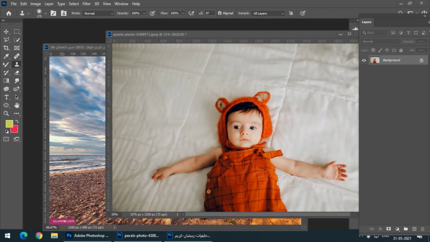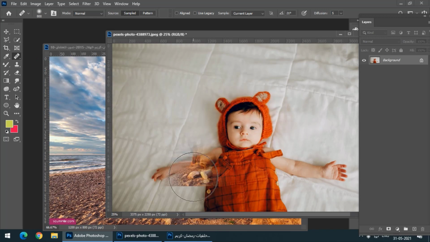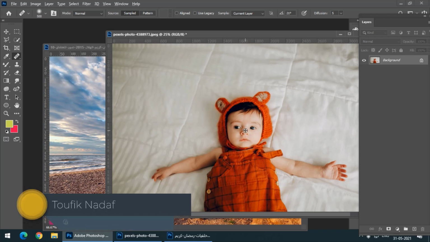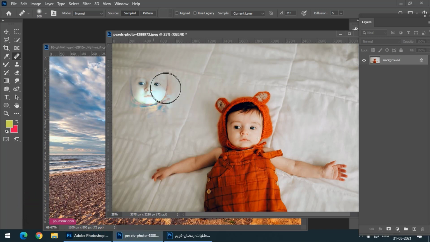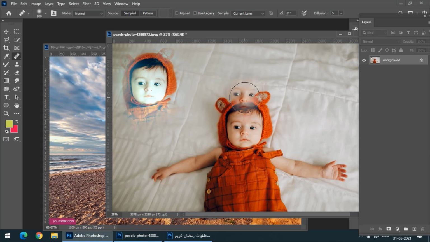So in this video we are going to see the clone stamp tool, which works pretty similar to the healing brush tool. Now if we see how the healing brush works, first we have to define a source. And how do we define a source? By pressing and holding the Alt key, then click on the source material, whatever source we want, and then we have to draw wherever we want to place it. But in healing brush tool, as you can see, it tries to blend the source material in the background.